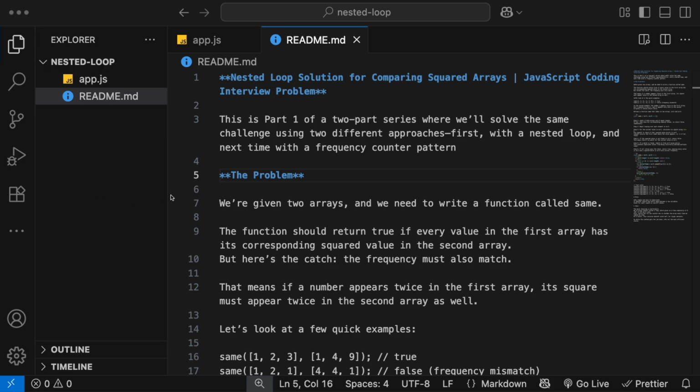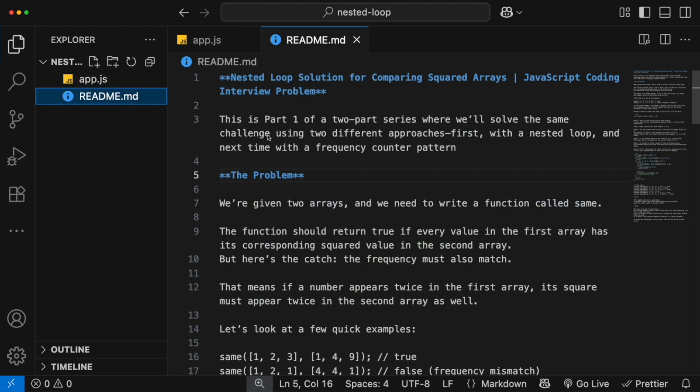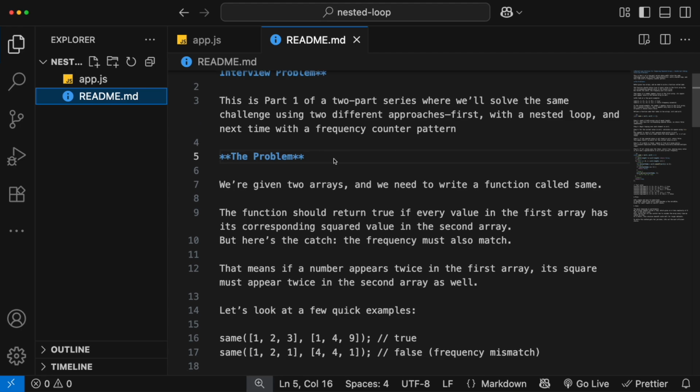Here I have a VS Code with two files, readme and app.js. The problem is we are given two arrays and we need to write a function called same. The function should return true if every value in the first array has its corresponding squared value in the second